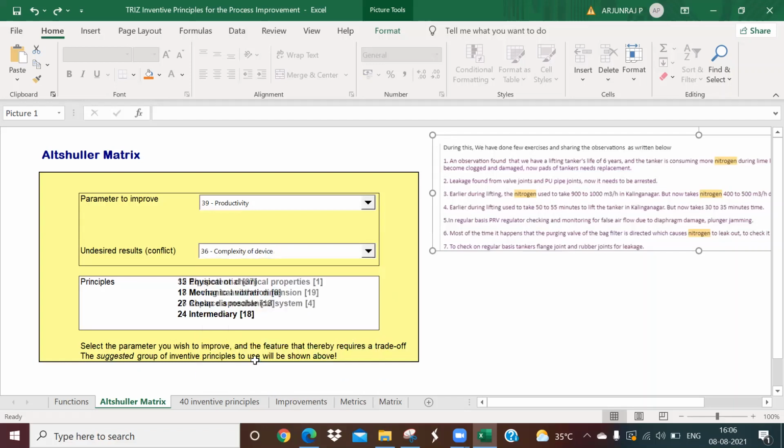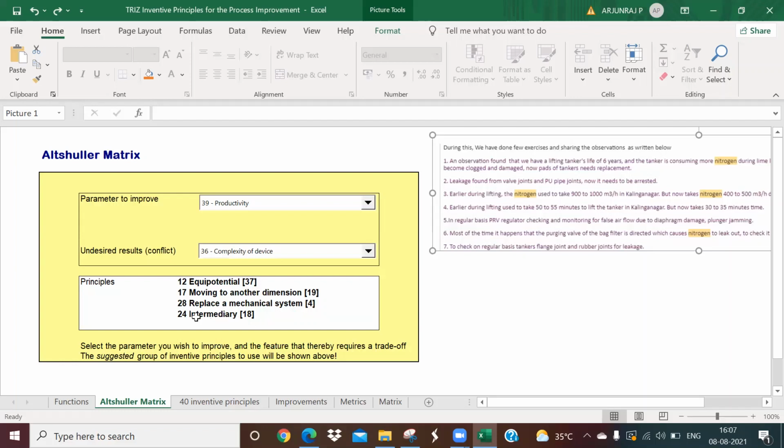Complexity of the device, something? Then you can also look for this: without affecting the process, you need to create ideas. You can also move to other dimensions. Okay, the values you are telling. Even you can look for some replacement. If you have a mechanical tool and electronics, you can also look for it.